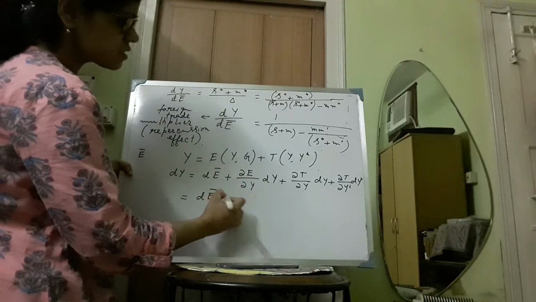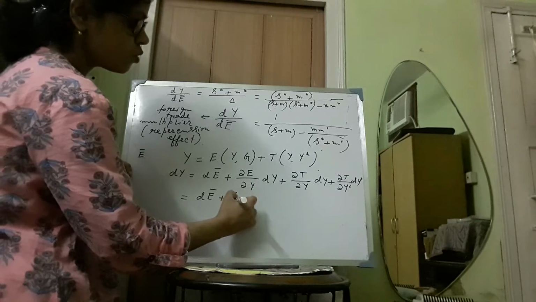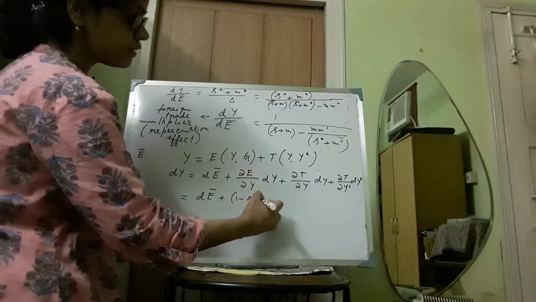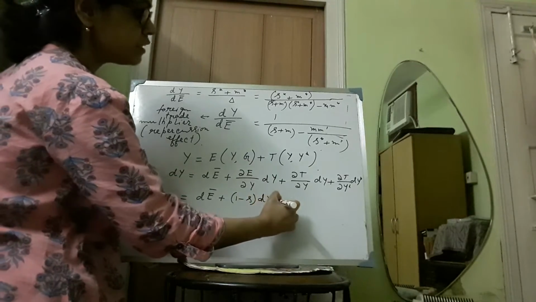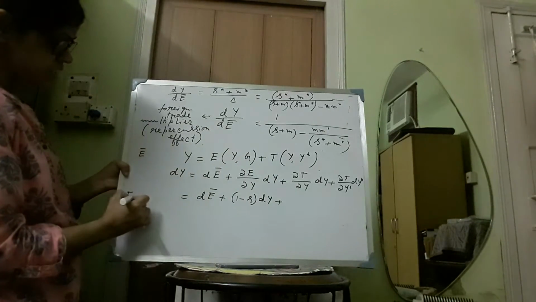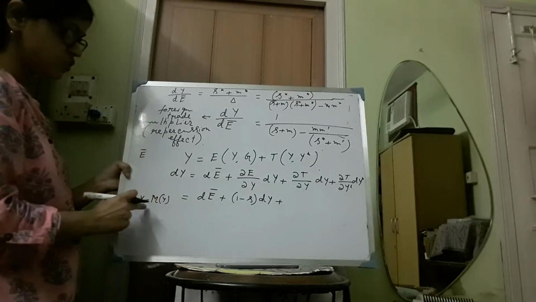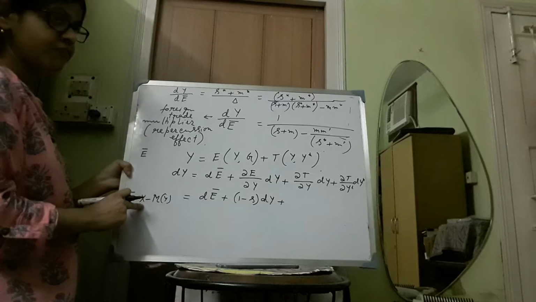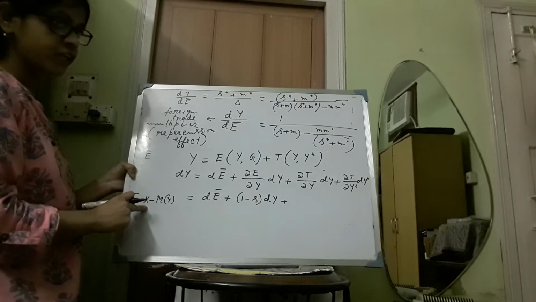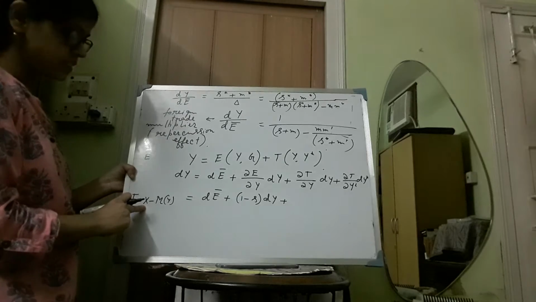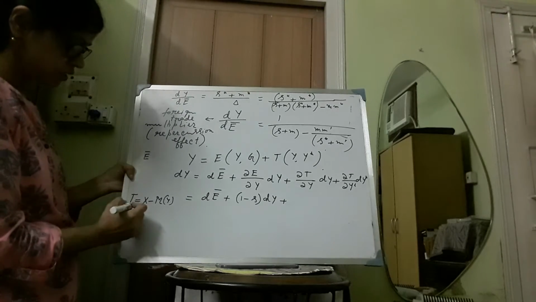dE by dy, we know that this is equal to 1 minus s. So in place of del E del y, we can write 1 minus s, then we have dy. And then the trade balance is T, which is equal to x minus my, and there is no repercussion effect, so that is why we are not considering y star here. There is no foreign influence of foreign income that we are considering. So this is simply x, and this is exogenous. Export is exogenous in this case.